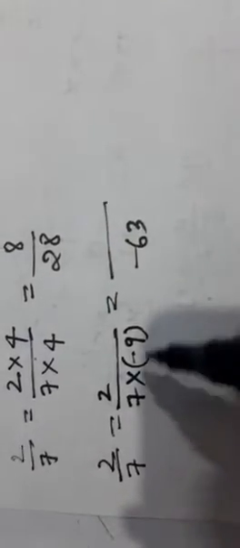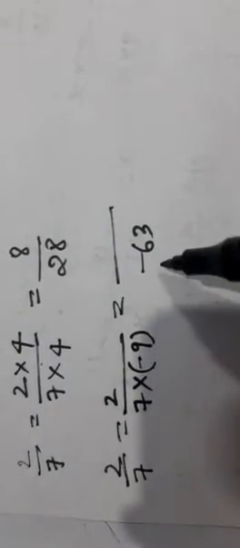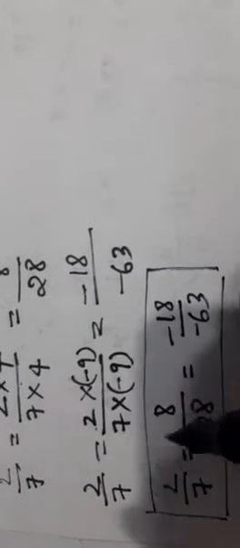because plus into minus is minus. 7 nines are 63. Multiply the same minus 9 in the numerator. Plus into minus is minus. 2 nines are 18. Therefore here you have to fill with 18. In this way we have filled the blanks, children. Next is question number 4.